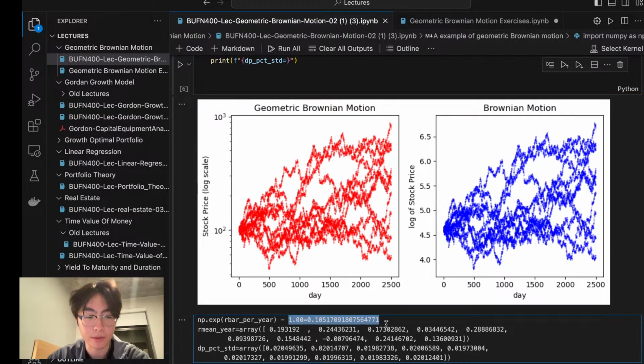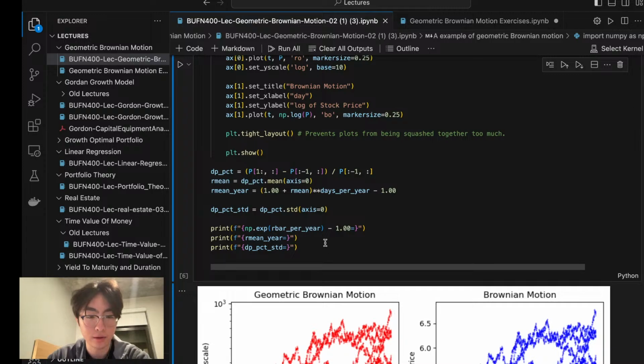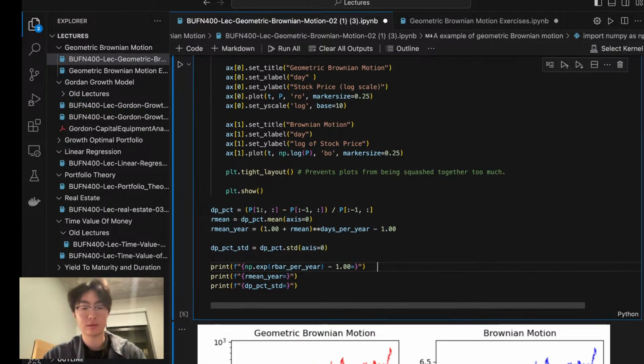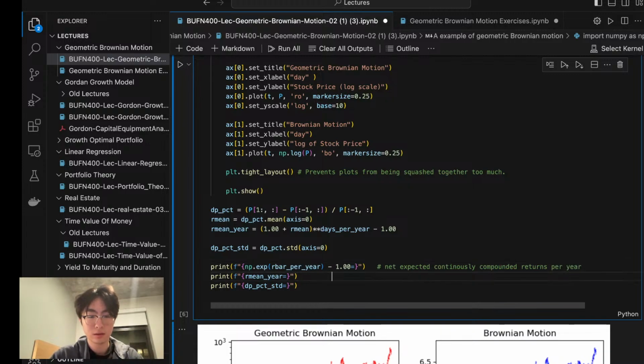Okay, so this is actually the net expected return from continuous compounding. So net expected continuously compounded returns per year. And then R mean year is equal to amount of